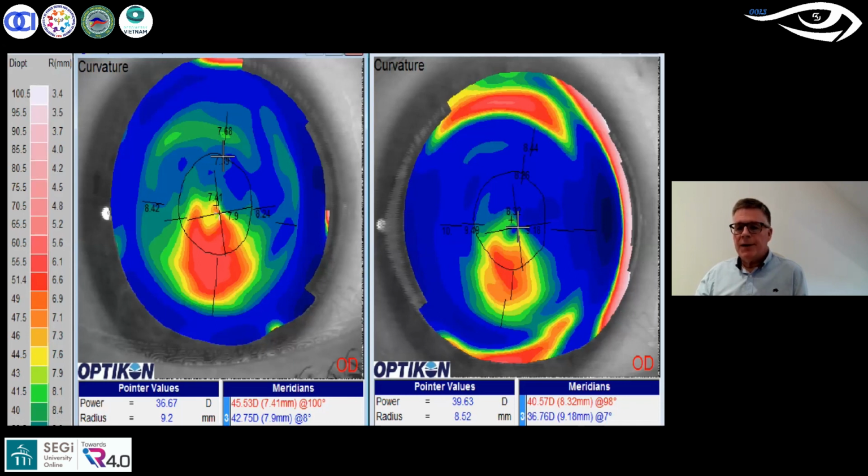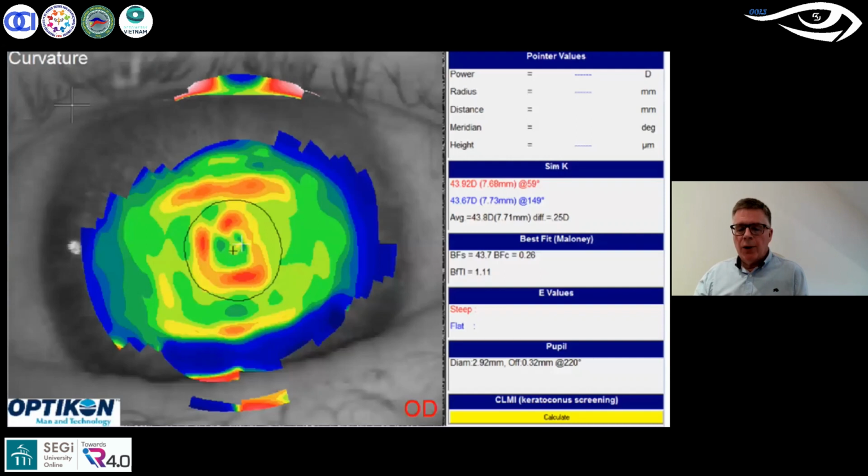And he was fascinated by these images because it proved to him the mathematics of why he got good vision with conventional soft contact lenses, and why in this instance there was no necessity for rigid contact lenses of any type. Now, our final patient, and this was one of the most fascinating patients that I'd seen, was in my